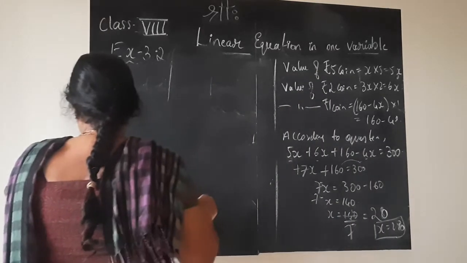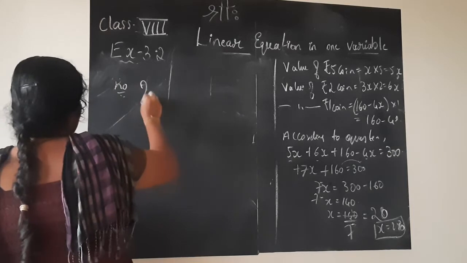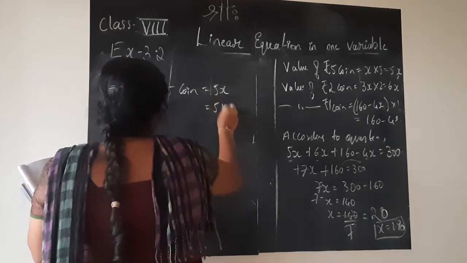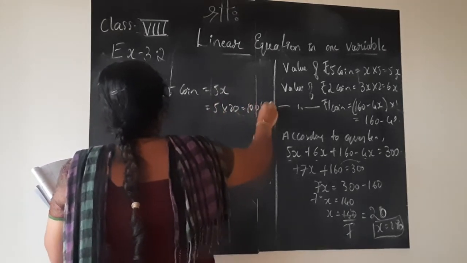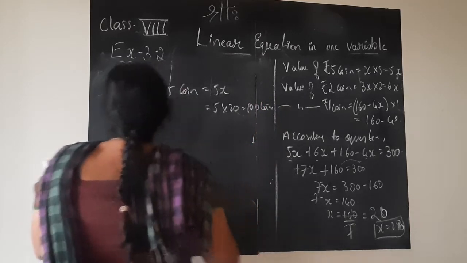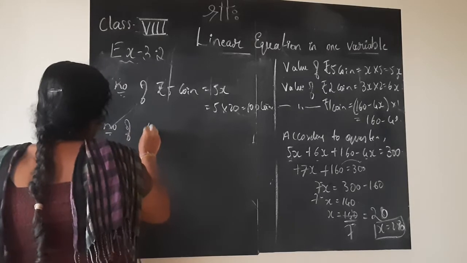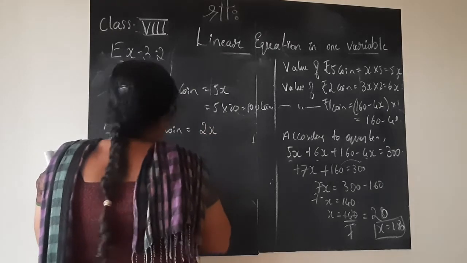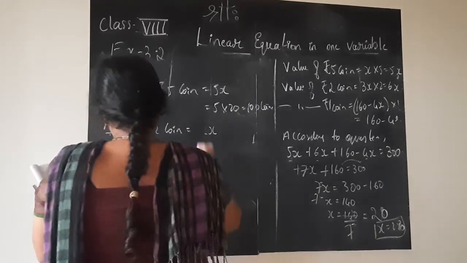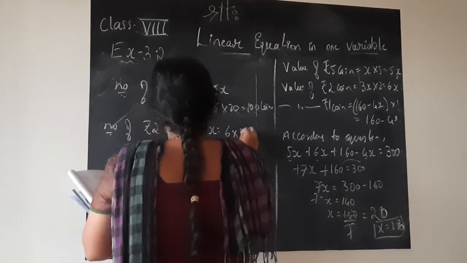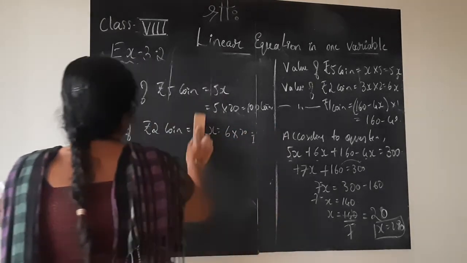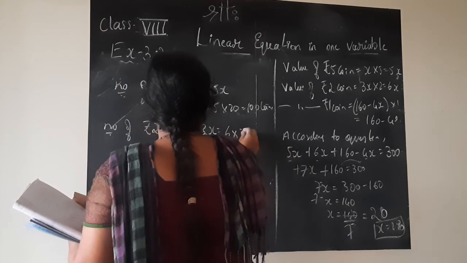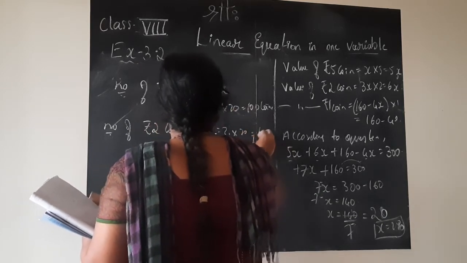So now if I write, the number of rupee 5 coins is x, which is 20. 5 into 20, 2 5s are 10, so there are 100 coins of 5 rupees. The number of rupee 2 coins is 3x, which is 3 into 20, 60 coins.